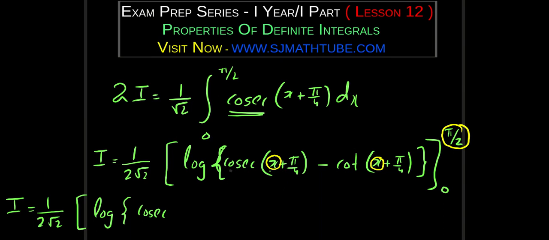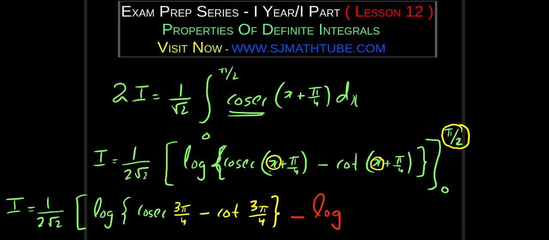If you want, you can use the formula cosec 90 plus theta. And if you don't want to use that, just use your calculator: 90 plus pi by 4 will be 3 pi by 4, minus cot 3 pi by 4. You can use a calculator and evaluate it. So upper limit